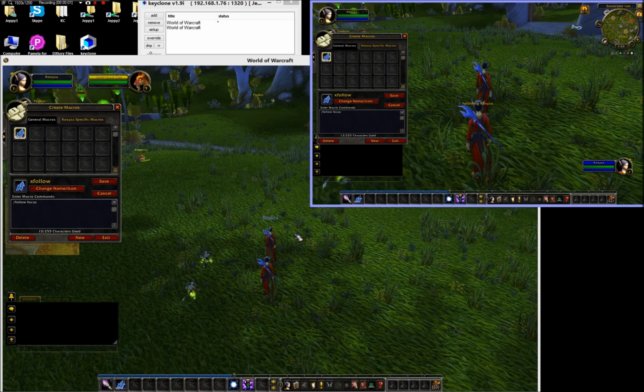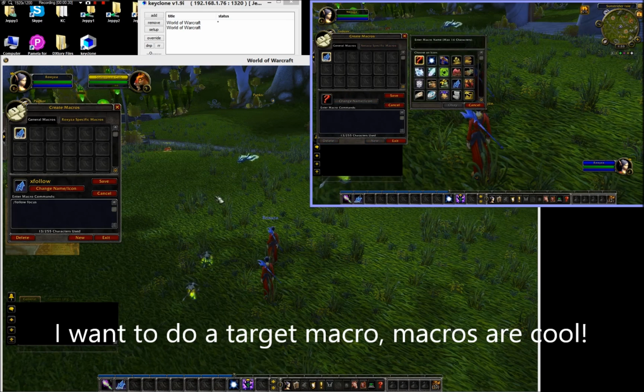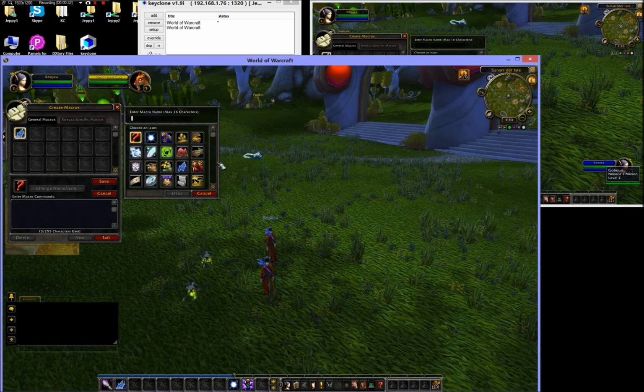So next up is a target macro. Now I do a target macro because I like to have everything macroed, but I know you can obviously just tab target or even select the target, but actually it's, in my opinion, better to have a target macro that's on your bar. Again, your mileage may vary, so it's up to you, but I am going to do a target macro, and as you can see we're back in the general tab, and we're going to go ahead and create a target macro. Again, don't have time to find a fantastic icon, so I'm going to use this little